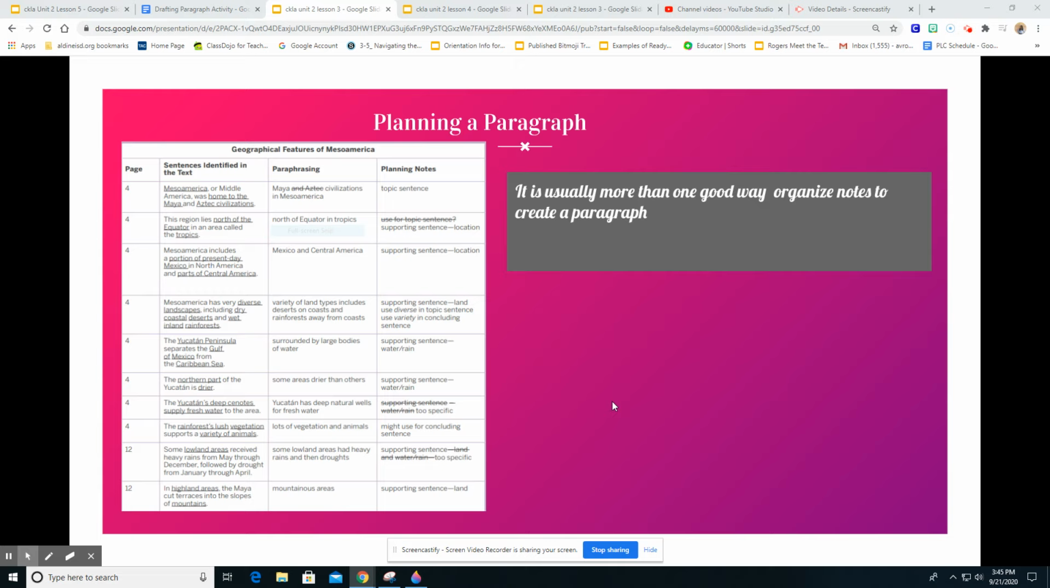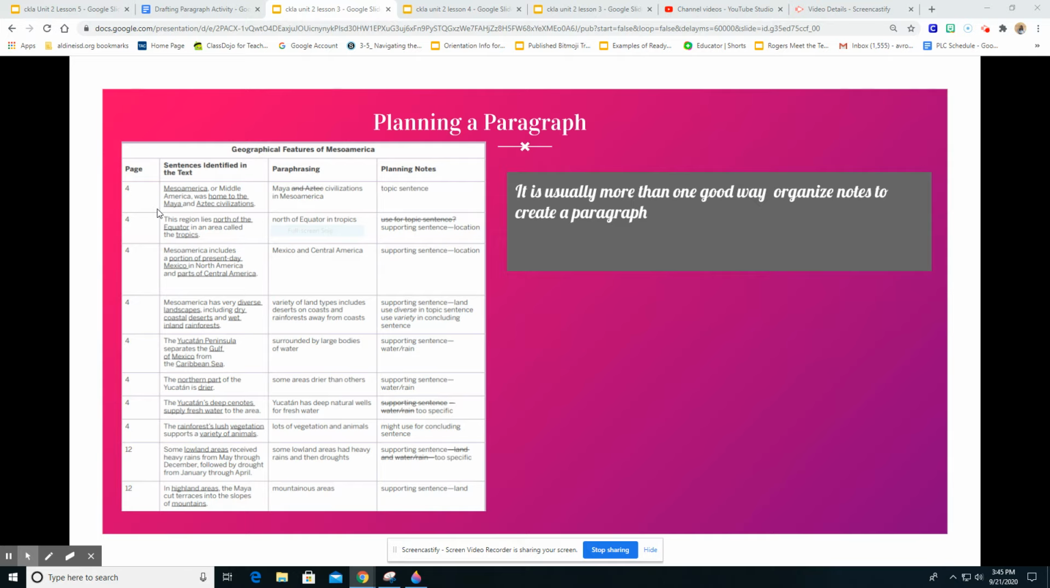Hi, boys and girls. So we're gonna pick right back where we left off, just planning our paragraph. Like I said, there are several different ways to organize notes and to create a paragraph, and this is one way. This chart shows my thinking process as I was planning my paragraph. The first thing you do, as I did and as you would do, is find sentences from the text